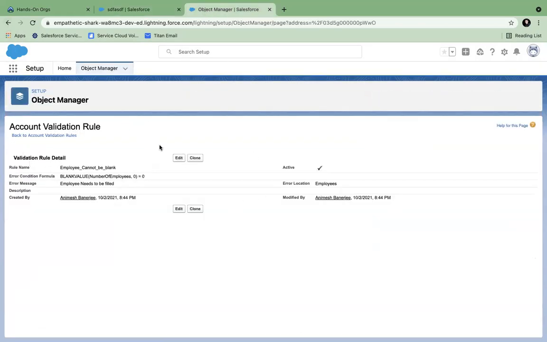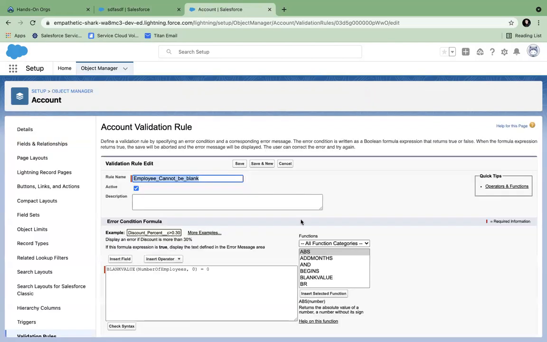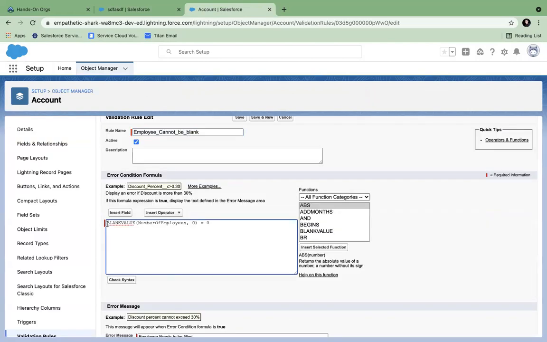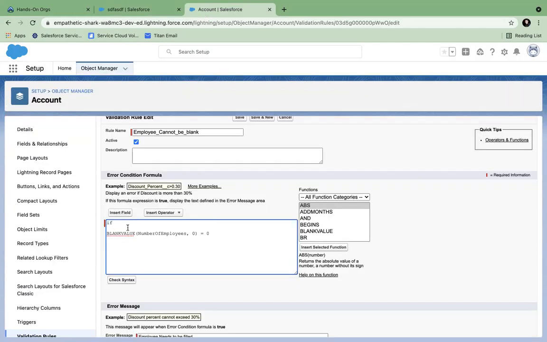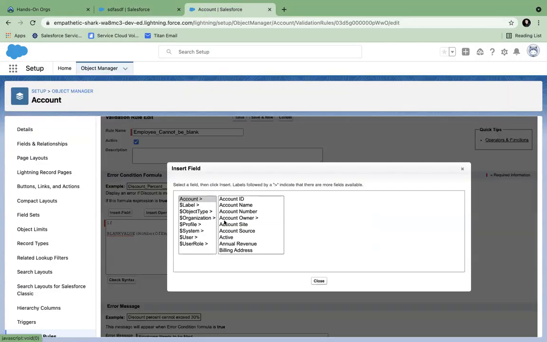And usually it is used like this, not as a blank validation. Probably there will be a condition on which this will be needed. So if we say if, insert field, maybe which is the active field.